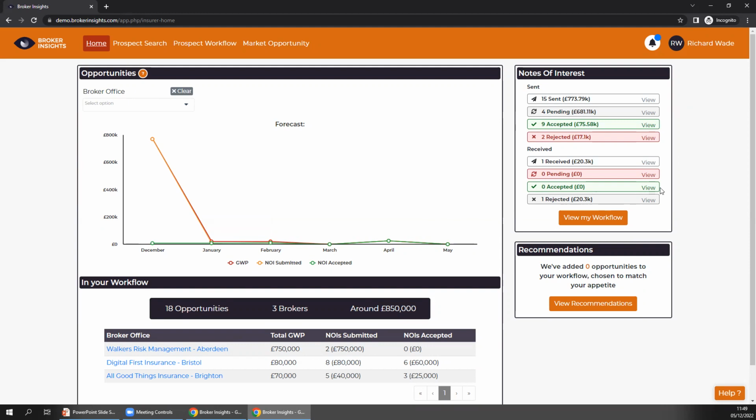Bit like you get your renewals, the insurers get recommendations. The recommendations are another aspect of the insurance platform that they like. The way it works in here is they can see what policies we've recommended to them that sit in their sweet spot of trade appetite. We make recommendations to our insurer partners every month, usually at the start of every month, after the data's come